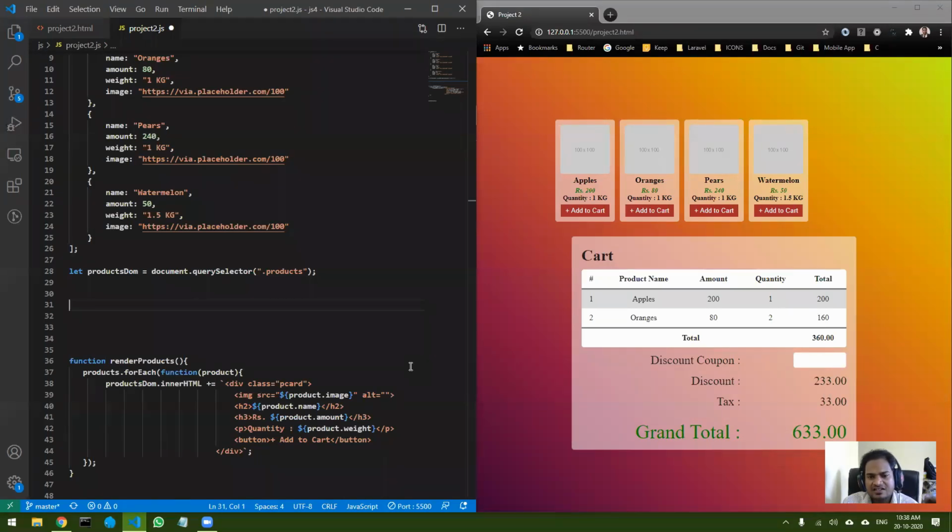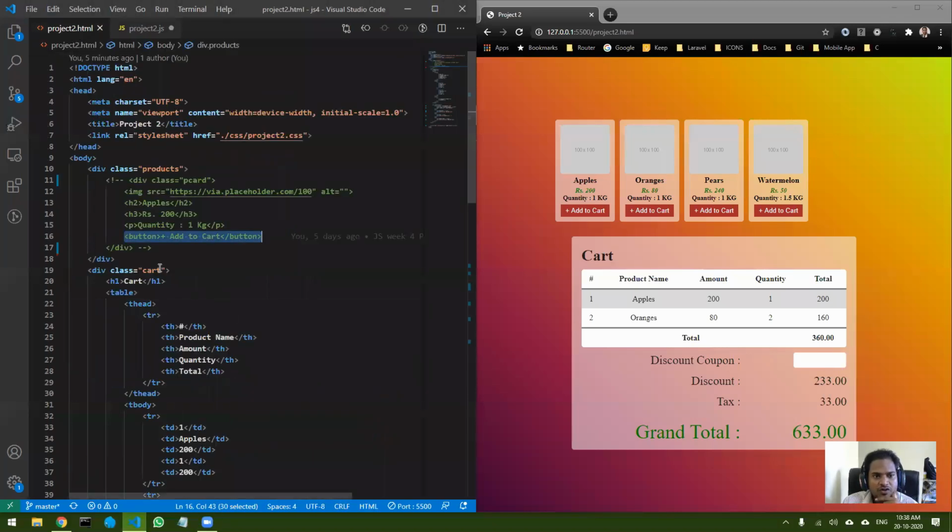Add event listener to the div. Which div, Alia? Here is the DOM. Okay. So add an event listener to the P card. Okay.